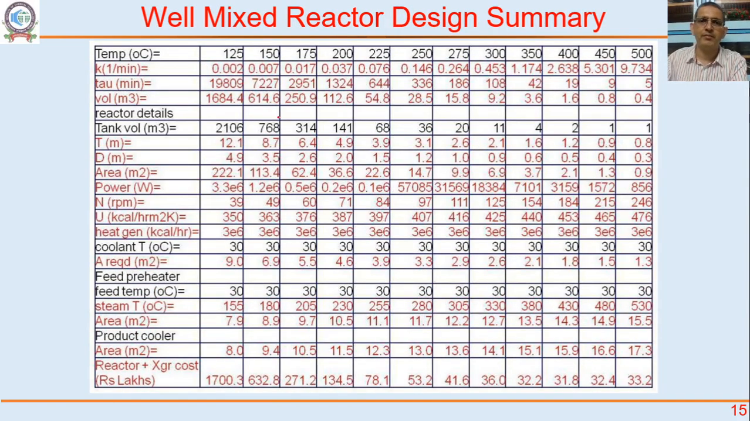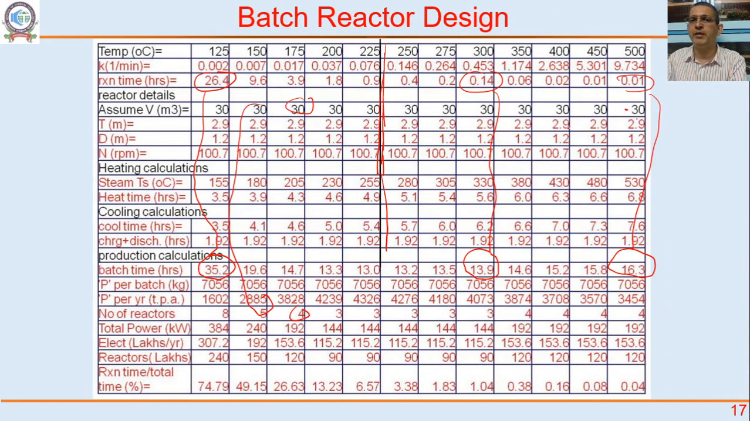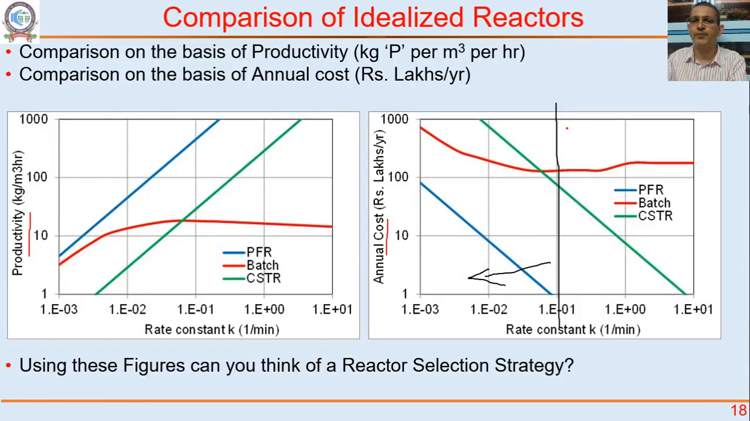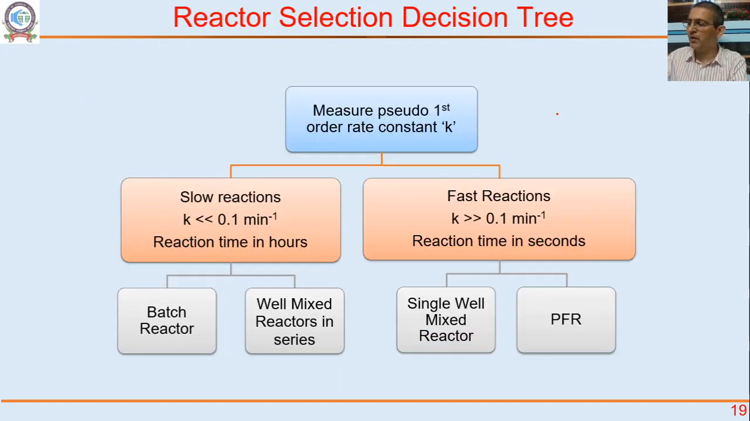Well mixed, somewhere in between. This is our dividing line. Somewhere here, I require huge volumes. Somewhere here, well, this is manageable. 2 meter cube reactor, 1 meter cube reactor, 4 meter cube reactor. Right? Both plug flow and well mixed become convenient here at high rate constants. So we can think about a reactor